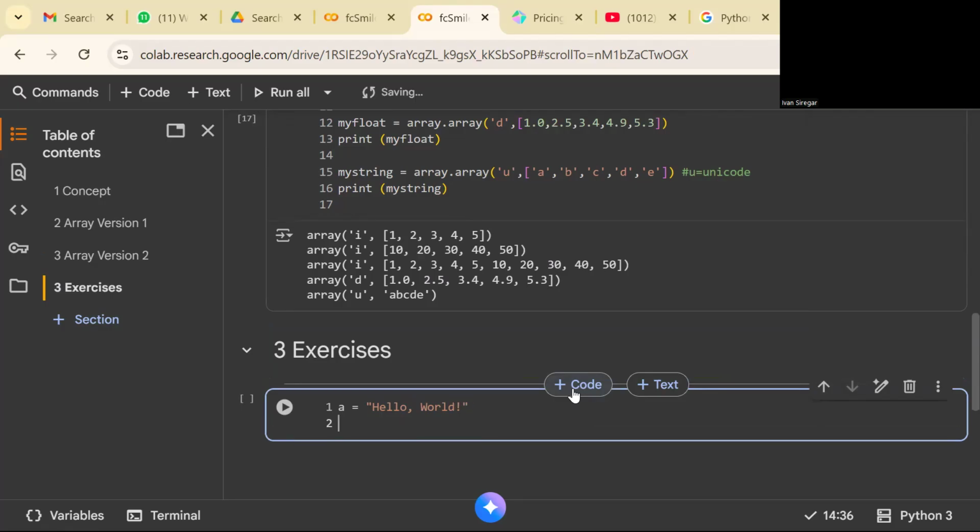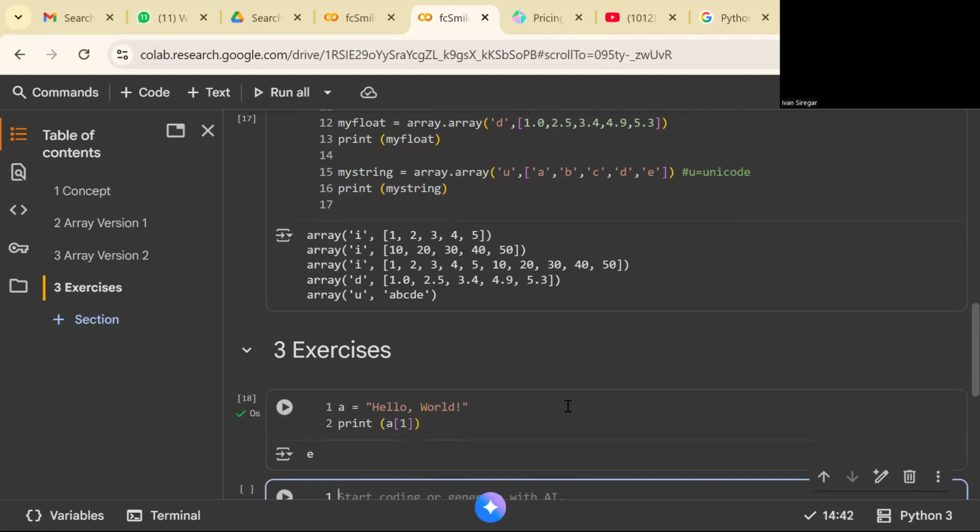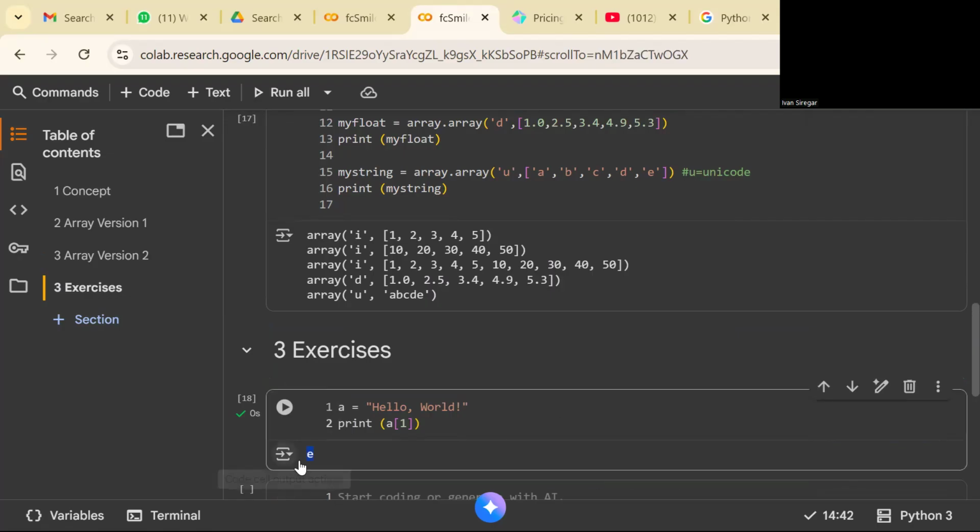Oke, and then I take the number 1 and I print. When you print this, it's going to print E karena dia mengambil elemen yang nomor 1. Apa maksudnya?